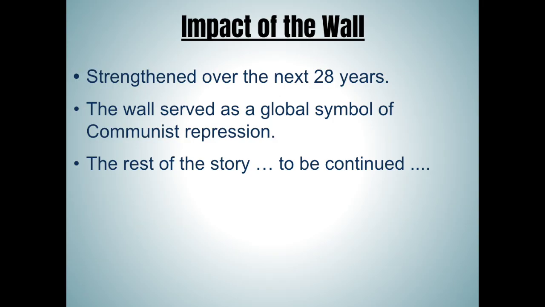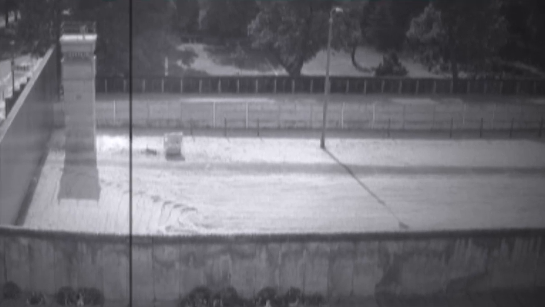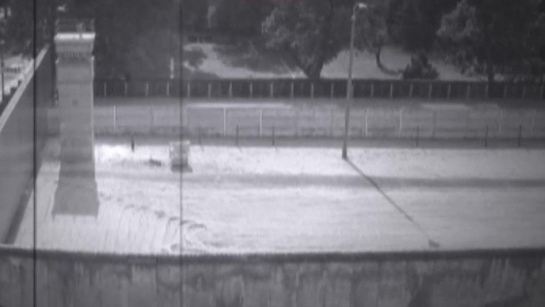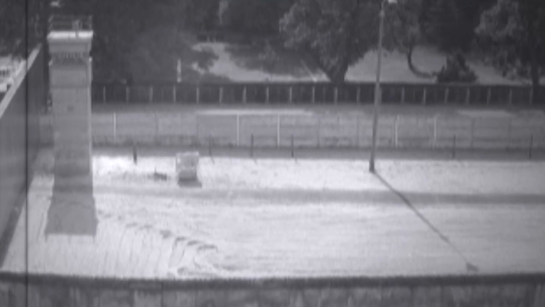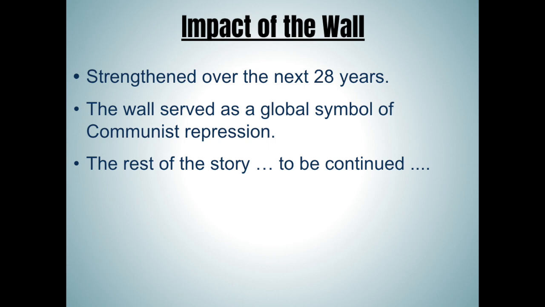A parallel fence in the rear set off a 100-meter area called the Death Strip. There, all buildings were demolished and the ground was covered with sand to provide a clear line of sight for the hundreds of guards ordered to shoot anyone attempting to cross. Nevertheless, nearly 5,000 people in total managed to flee East Germany between 1961 and 1989, when the wall eventually fell.